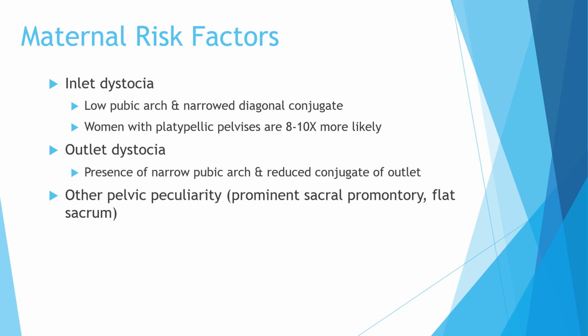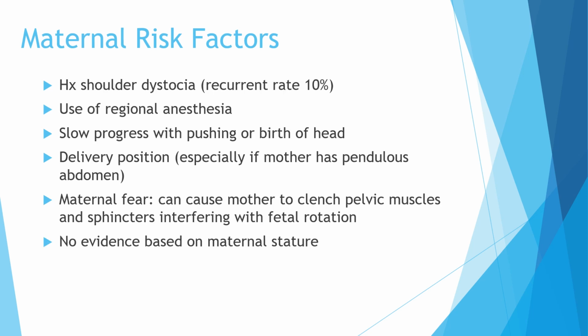An outlet dystocia: presence of a narrow pubic arch and a reduced conjugate of the outlet. Other particularities: prominent sacrum, and then a flat sacrum. So it really has to do with narrowing. When you don't have that oblique diagonal that the shoulders can rotate into, it makes it a lot harder for delivery. Maternal risk factors: if she's had a shoulder dystocia before, she's at a higher chance,